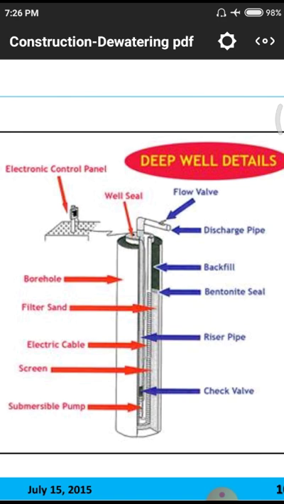On the one hand, we have this electronic control panel. That means this electronic control panel is directly connected to the pipeline system, and it regulates how much water has to be discharged. That means in a particular time period we need to use a huge amount of flow, and in other cases we need to use a low quantity of water, so the total system is in the hands of this electronic control panel, which monitors and regulates it. After that, we have a well seal.